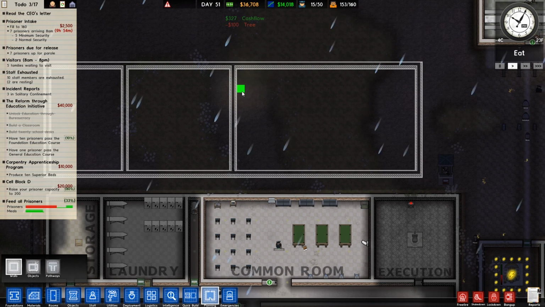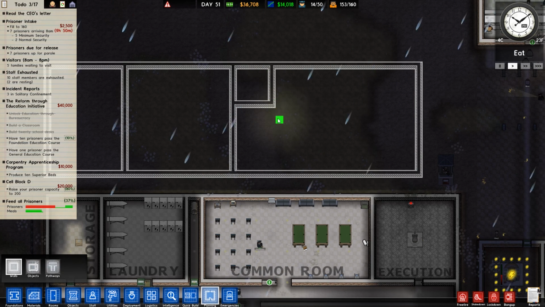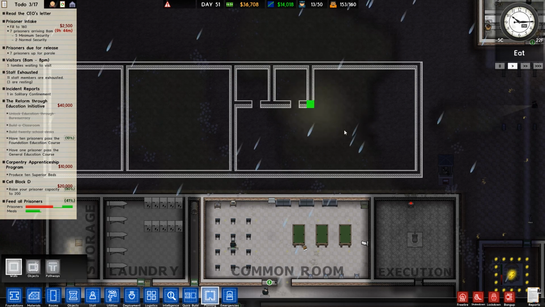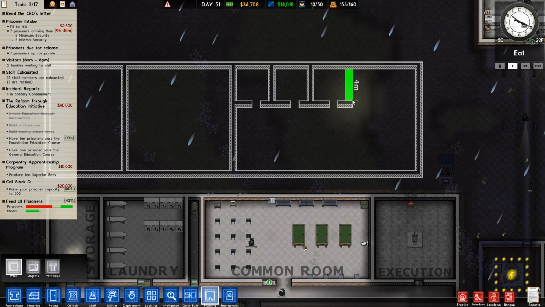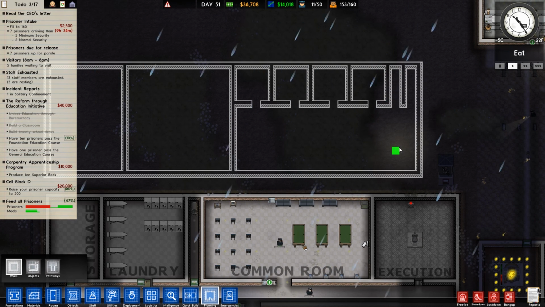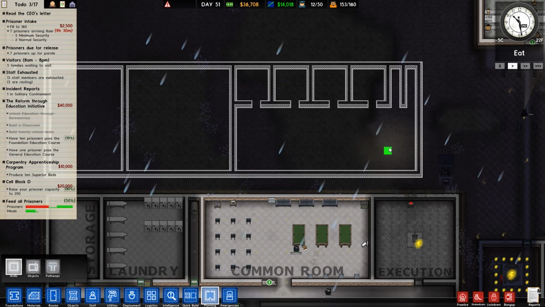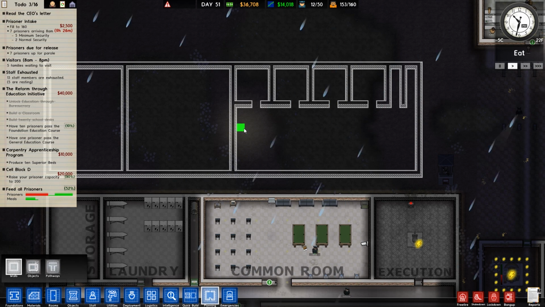So 1, 2, 3, 4. So that would be a death row cell with a door. So is that right? Yeah, that looks about right. And then another 2 out. Obviously, we don't want to have too many spaces. I guess those can be solitary, and I guess we probably have a